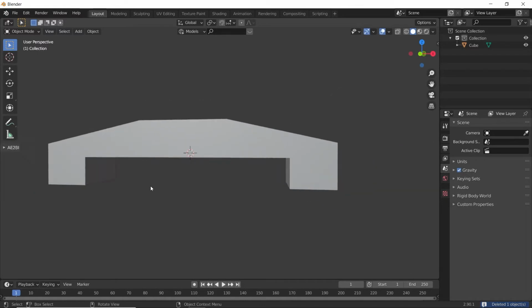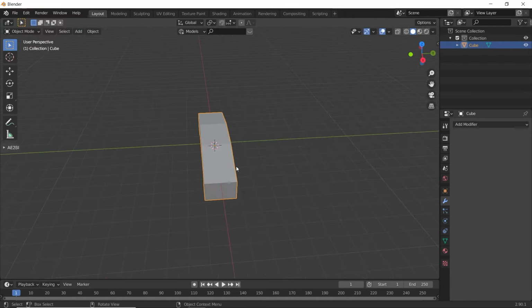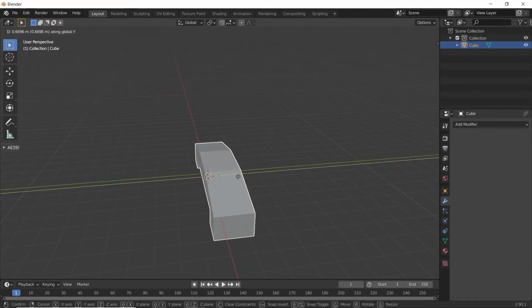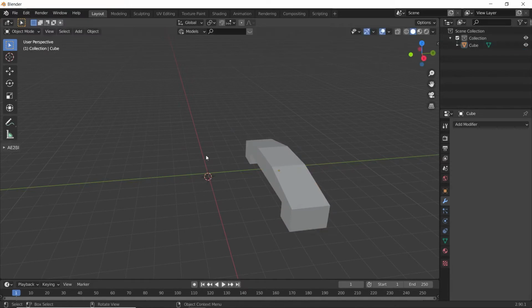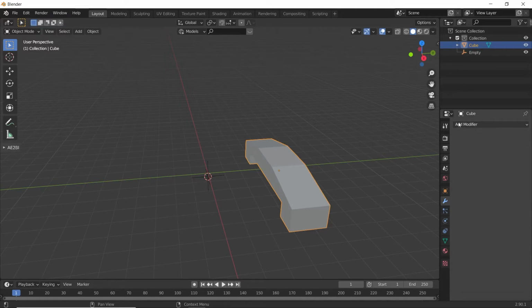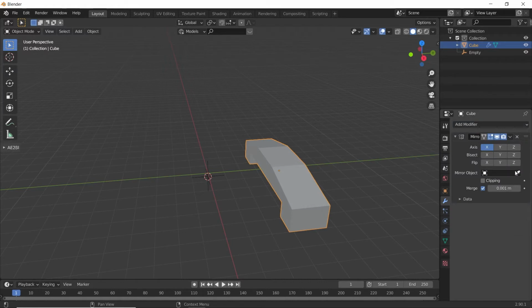See, we have this basic shape here, and we need another object something like this. So let's grab it on y-axis. Let's add an empty, select this cube, go to modifiers, mirror modifier. In the mirror object, select this empty.